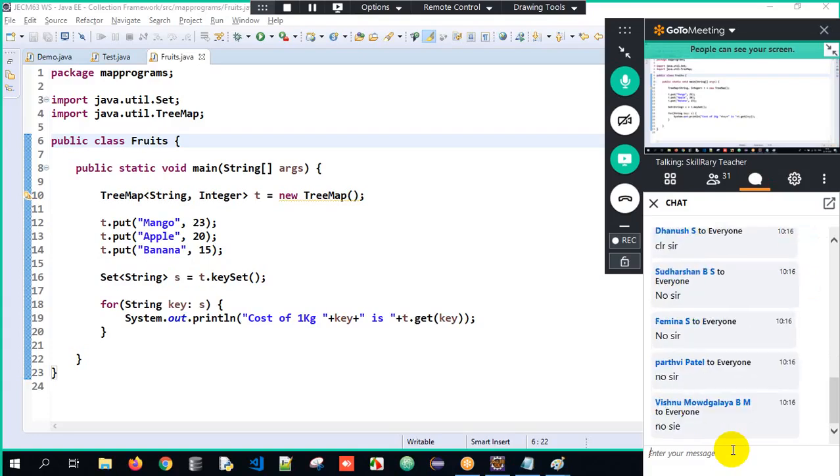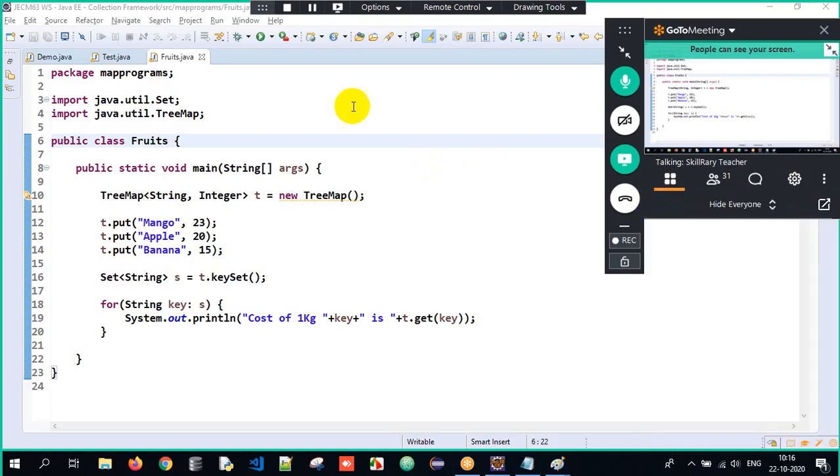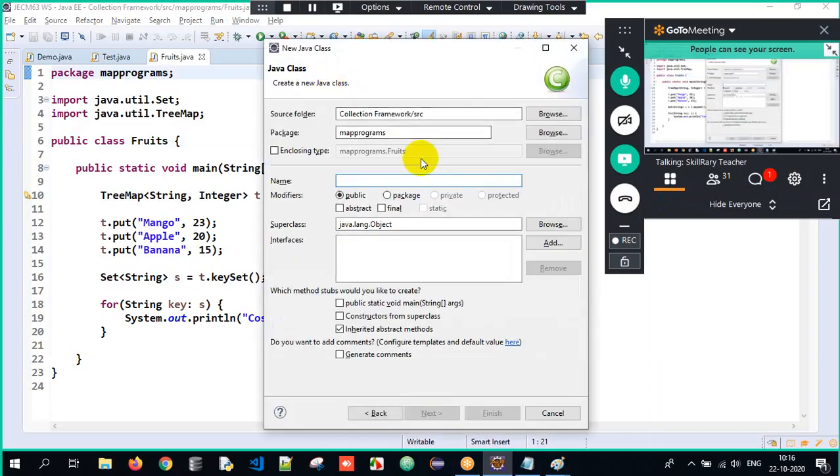So we have a question. Sir, what if I have a duplicate key, sir? Very, very good question. So here,